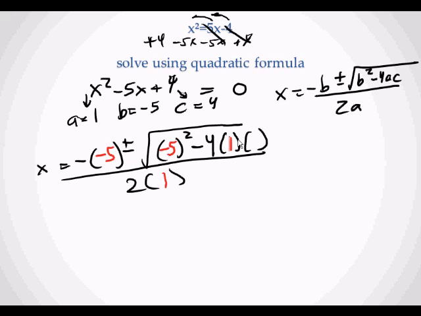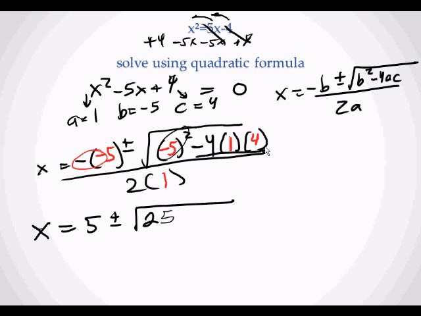There's a 1 and a 1. That's where the a's go. B is negative 5. Negative 5 goes here. And C is 4. All right, so out here, negative changes to a positive. So I'm going to just change that to a positive 5 plus or minus the square root of, do this first,